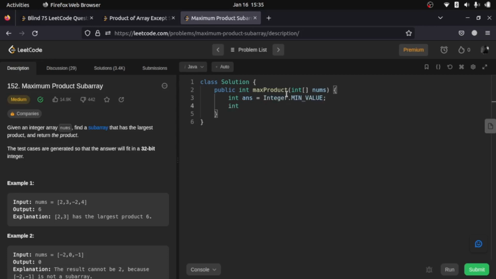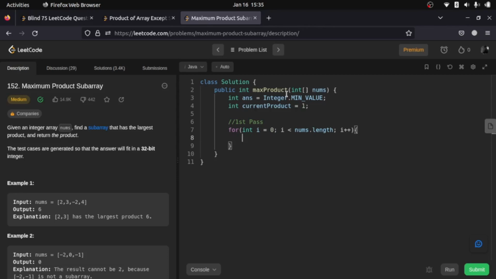Okay, and we'll also keep track of our current product, that is going to be 1. Okay, let's go through our first pass. Let me write it over here. This is our first pass. Okay, I is going to be less than nums.length, I plus plus. What we'll do,